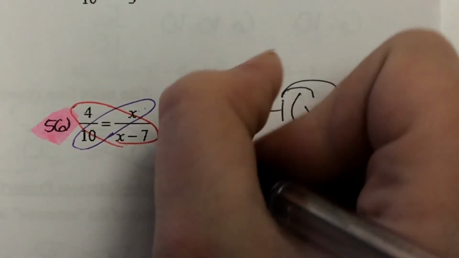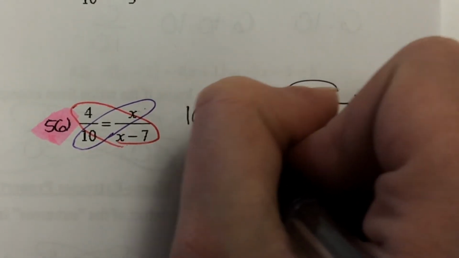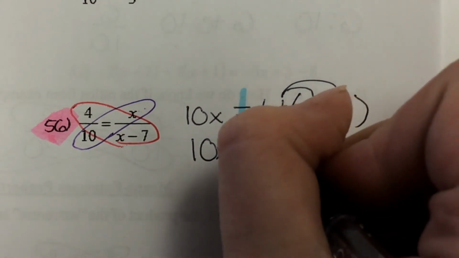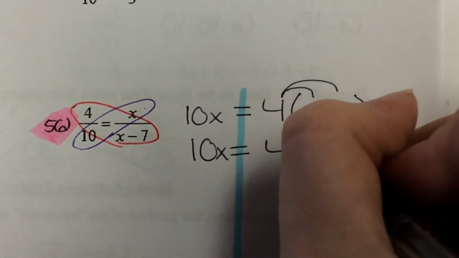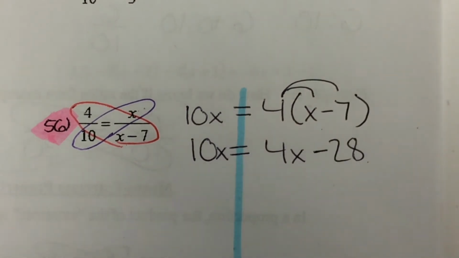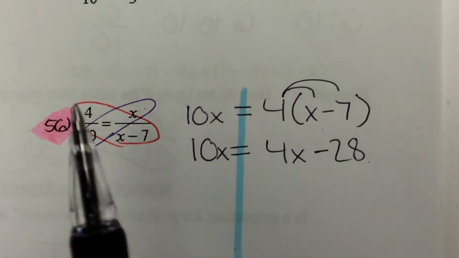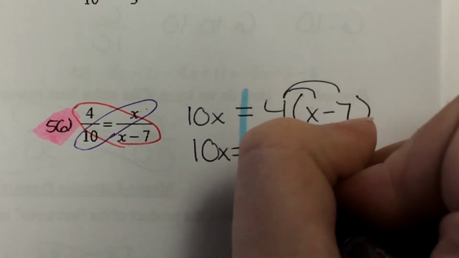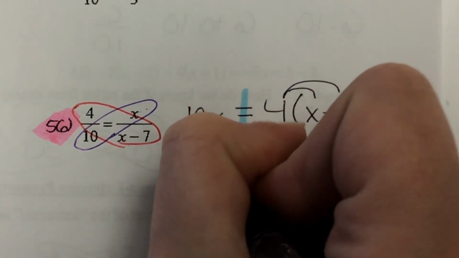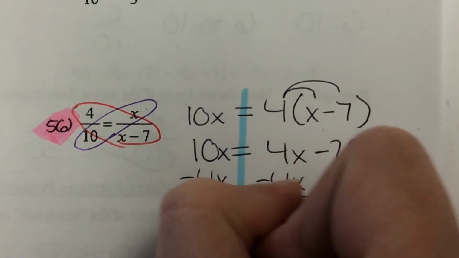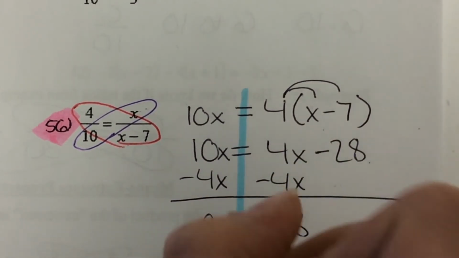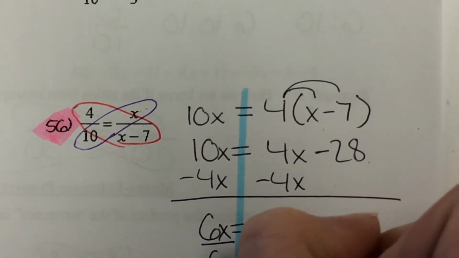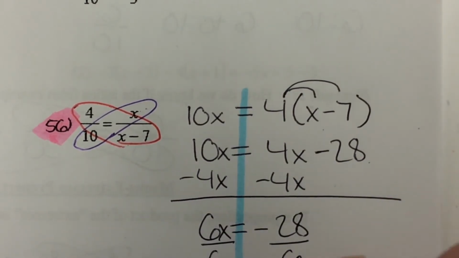On the left we just have 10x equals 4 times x is 4x, and then 4 times negative 7, that's going to be negative 28. Okay. To solve, we need to get all of our variables to the other side. Use your inverse operation, so subtract 4x, and we have 6x equals negative 28. Divide by 6, and you'll have x equals